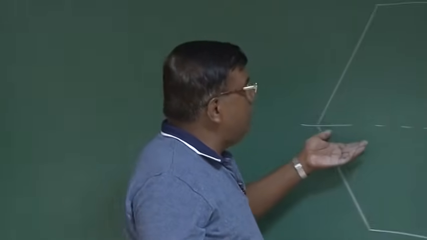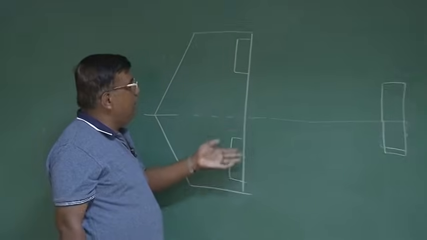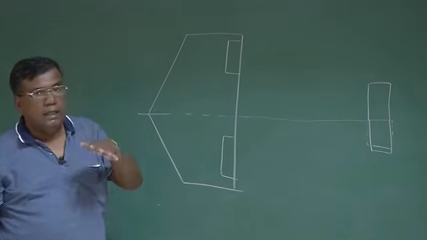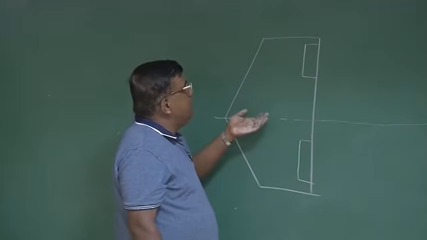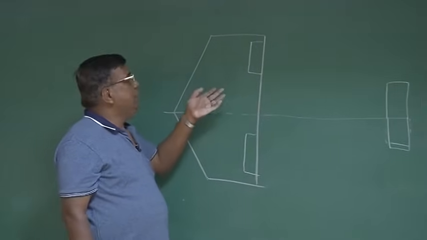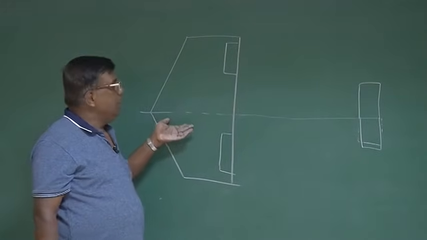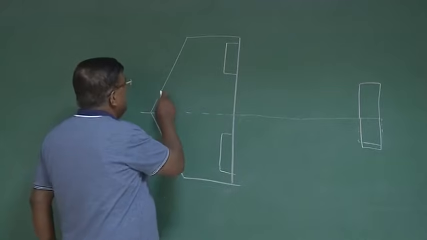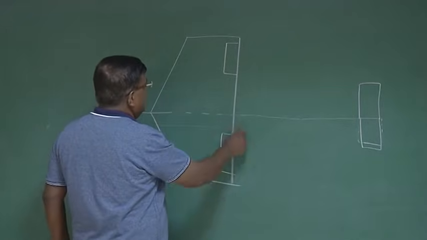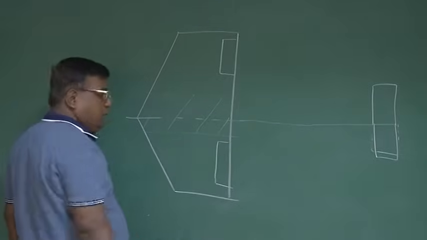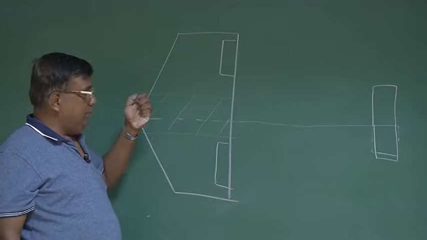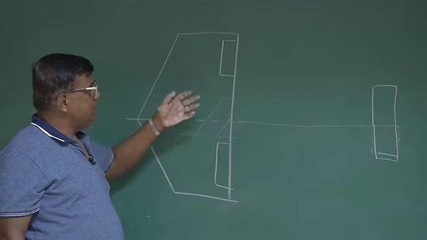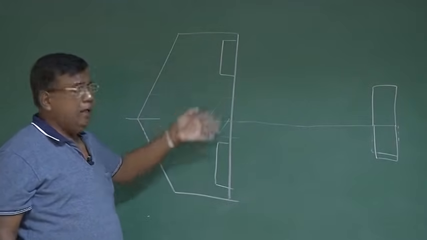See, another important thing you must understand, these are the ailerons, and generally there is a tendency for us to fly at a higher angle of attack to get the maximum advantage. Now the problem is, as I try to fly at a high angle of attack, there is a possibility of a stall. So what is done is, one way is that you ensure the root stalls first, so the pilot gets a warning, and then he brings the airplane out of the stall condition through elevator and aileron, primarily aileron.